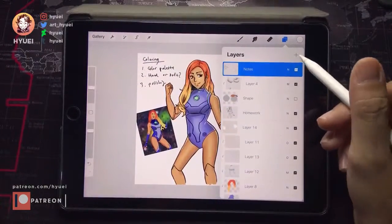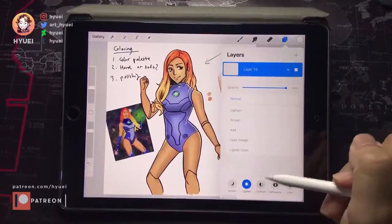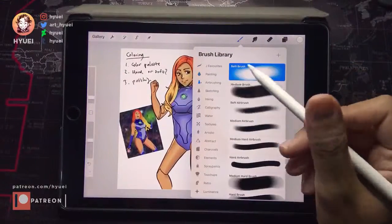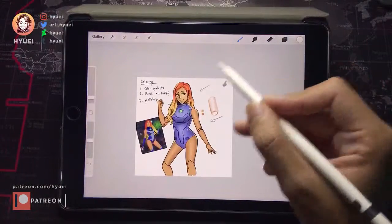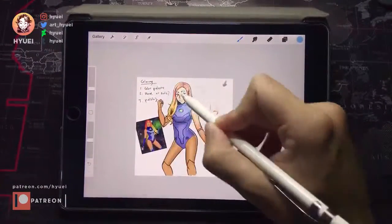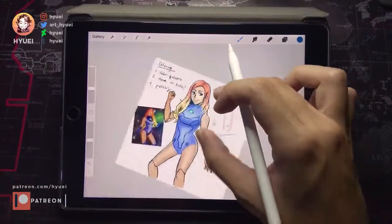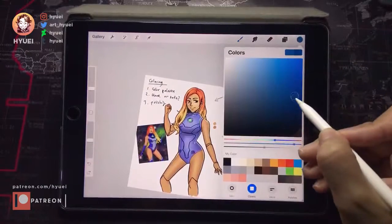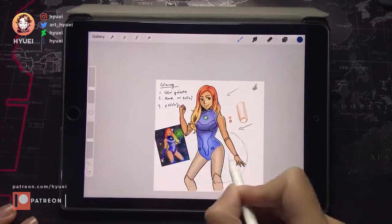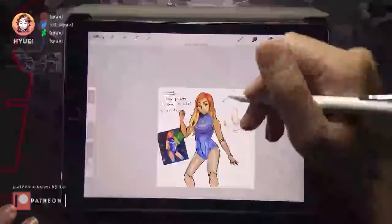We can create a layer on top of it all, and I usually use add in this, but Photoshop doesn't have add, so maybe you can use luminosity or maybe hard light. I like to usually use add, and then I pick the color that I want. For example, I want a bright morning blue, and we need a dark color. So I just like that. It feels more bluish. Maybe we can add blue on the bottom, so it feels like there's this soft blue, but we're gonna use this yellow,